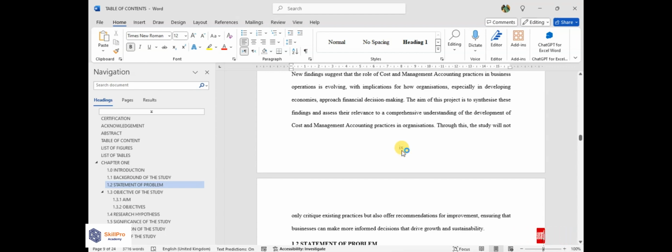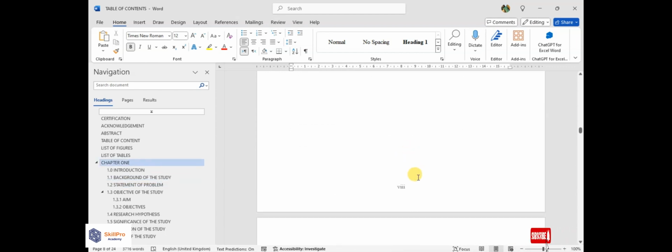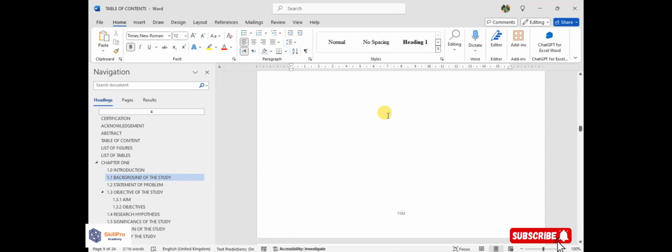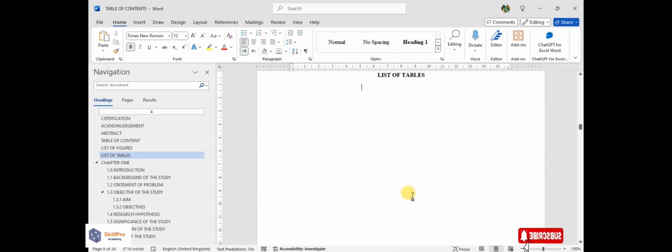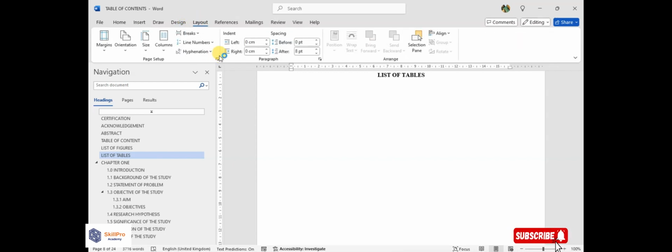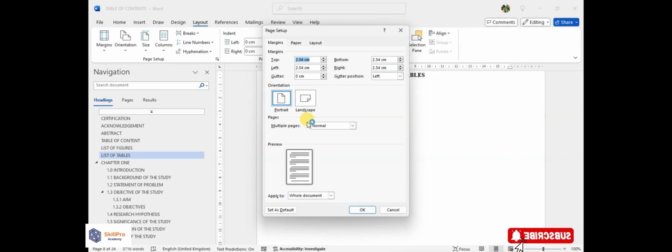This is 6. So what we want to do is separate. We want the Roman numerals to stop here, and our English numerals to start from here. 1, 2, 3 to start from here. So what we are going to do is come here at the end of the numerals of one type of numbering. All we have to do is come back to insert again, come to layout, come to page setup, click on apply to, and change this to 'this point forward'. Once I click it and press OK,